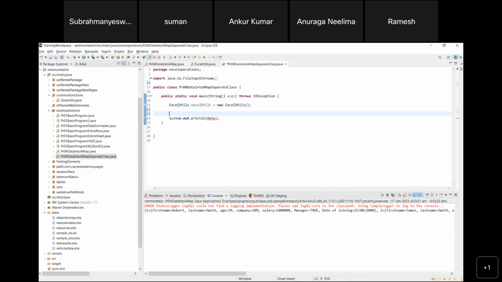Now I will create an object for this map: Map of Integer comma Map of String comma String. I'll say data equals, sorry, this is Integer. Data equals, I will call this method, excelUtils.getData. That's all. Now if I run this one,